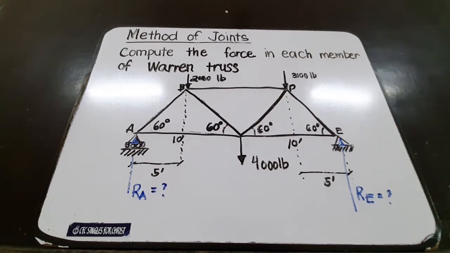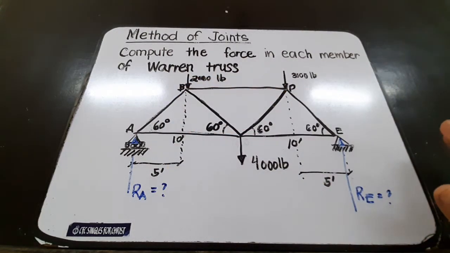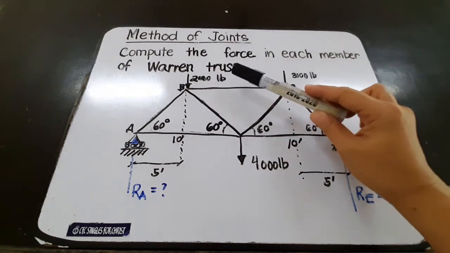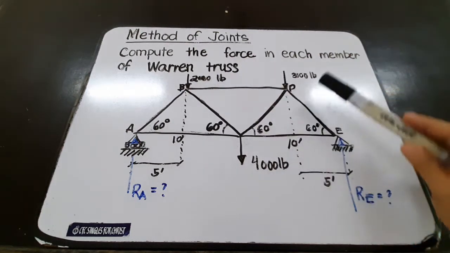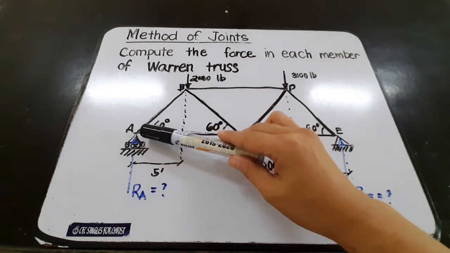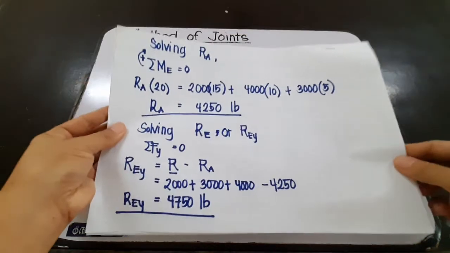So in this case, you take a look at the structure as a whole, and then you consider only the external forces. And in this truss, we have three external forces, which are 2,000, 4,000, and 3,000 pounds. So what will be the forces at point A and point E so that this will be in equilibrium? So we need to find the reaction at A and the reaction at E. So, solving for those reactions,